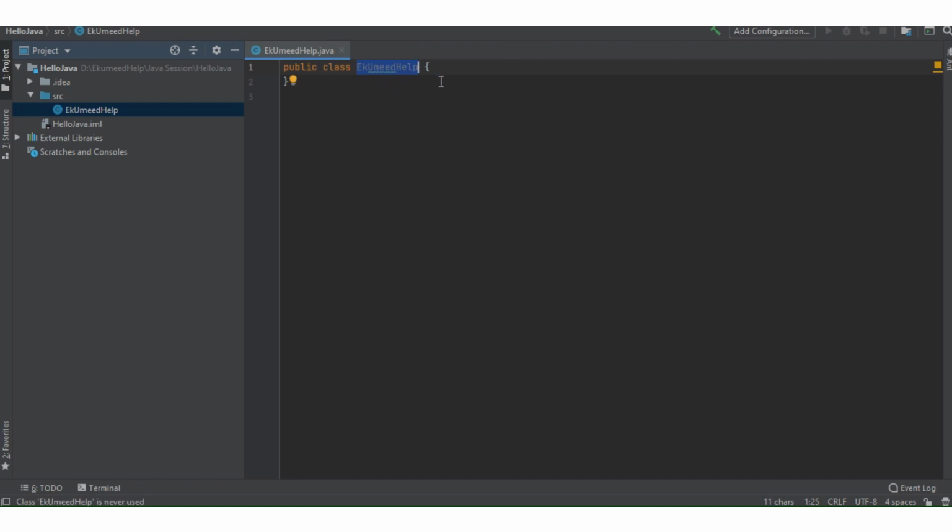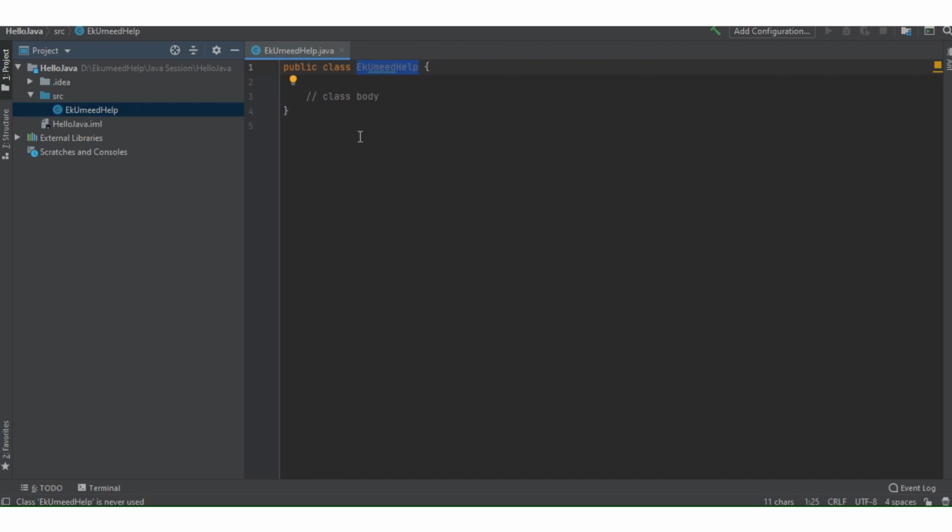You can change the name according to your requirement, and these are the left and right curly braces, as you can say. Whatever you write inside this class is called the class body. That comes under this class. For my class name, you can see here a symbol of C. That means this is a Java class with the symbol of C.